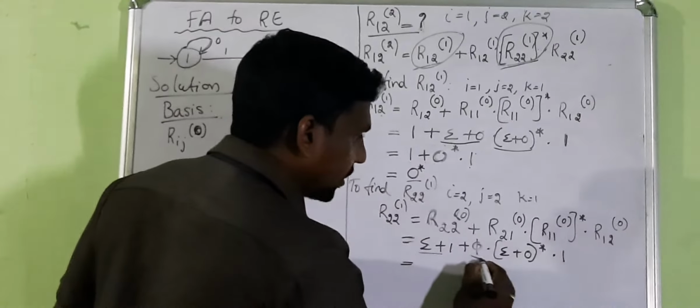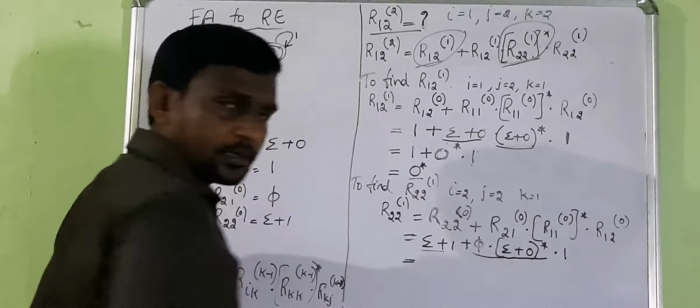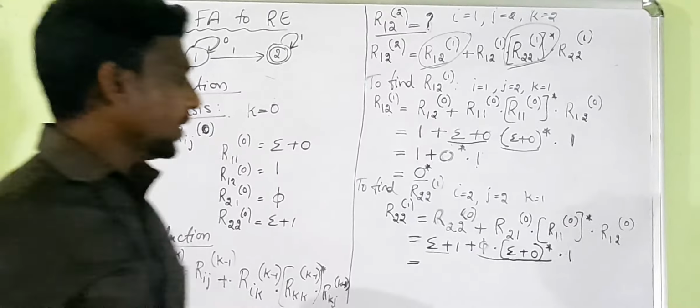First we will do epsilon into something. Okay, not epsilon, pi into something that is equal to pi. We have a rule, right? So we will get epsilon plus 1 plus pi into this, for pi 1. Again pi into 1 is pi. So we will get epsilon plus 1 plus pi. Pi means empty, so we can leave that. Can you understand? See, epsilon plus pi is equal to pi, so we will get only pi, and pi plus pi into 1 is equal to pi, so we can leave it. So we will get epsilon plus 1.